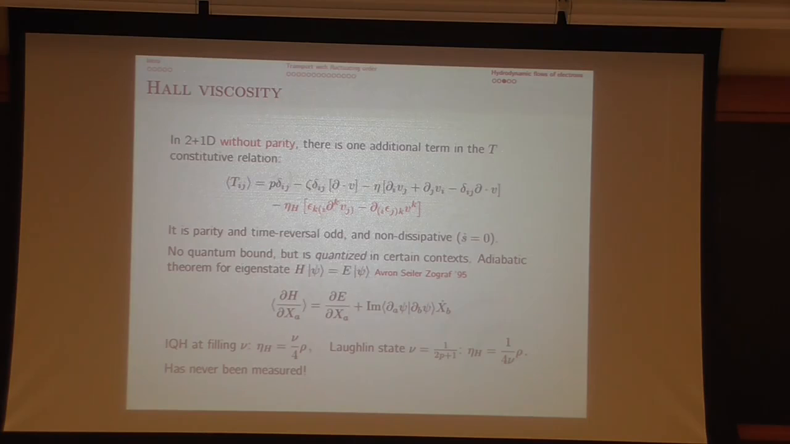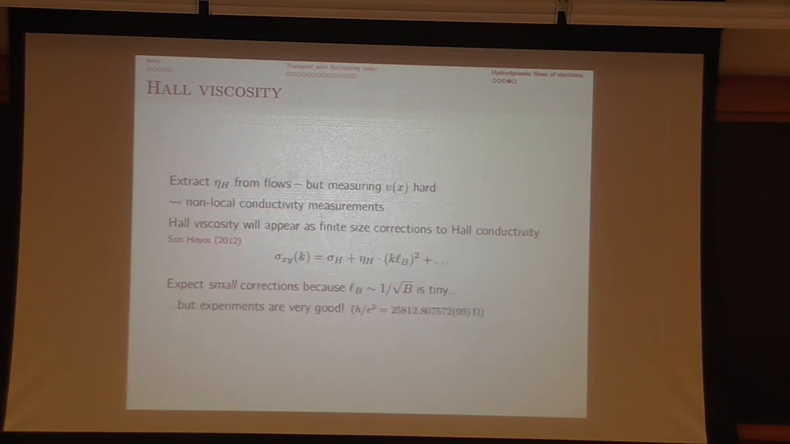Even though the Hall conductivity has been tested and is one of the most precise things we can measure, this has never been measured. So the idea is to use a similar method as what has been done with shear viscosities, now with Hall viscosities. Measuring the actual profile of the velocity is very hard. So instead we're going to take inspiration from what has been done with shear viscosities by doing non-local